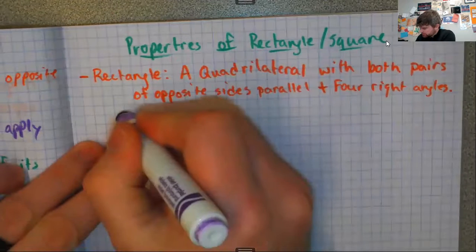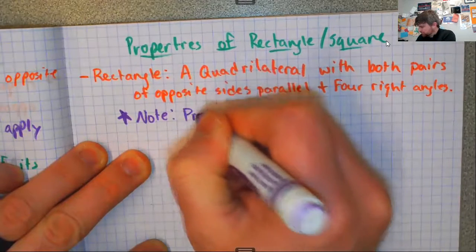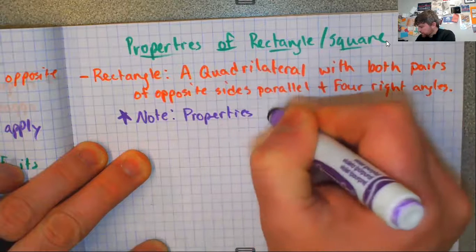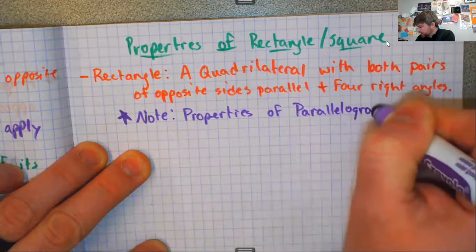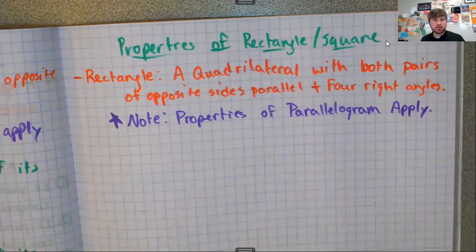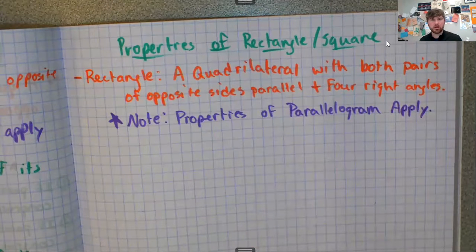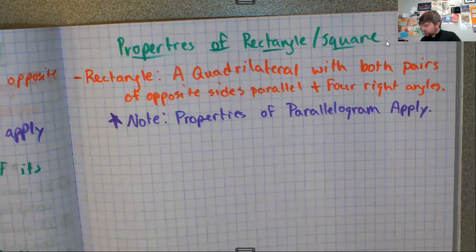So note here, properties of parallelogram apply. Okay, but a rectangle is not a rhombus. A rhombus has 4 congruent sides. A rectangle will not have 4 congruent sides. So both a rhombus and a rectangle are parallelograms, but then they kind of branch down and are 2 separate things. A square